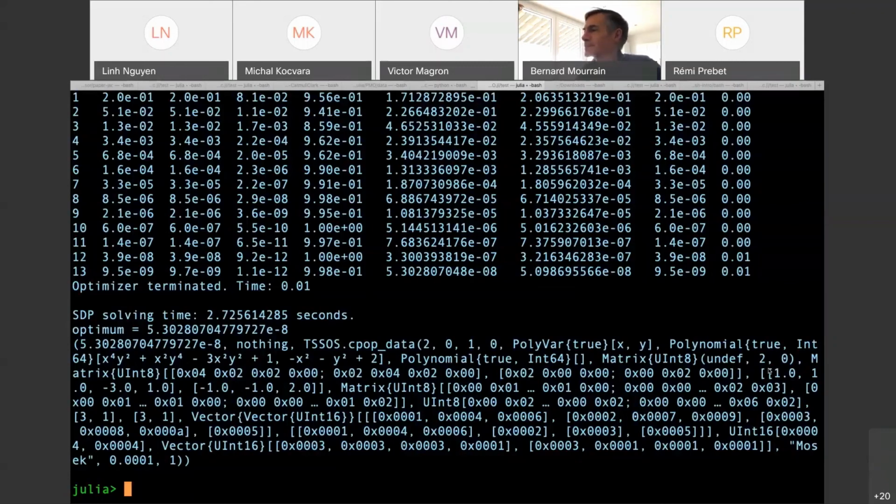So the academic license is okay, and it's valid for 1 year, so you have to renew it in case. But if you use CSDP, it's free. It's working here for this problem.